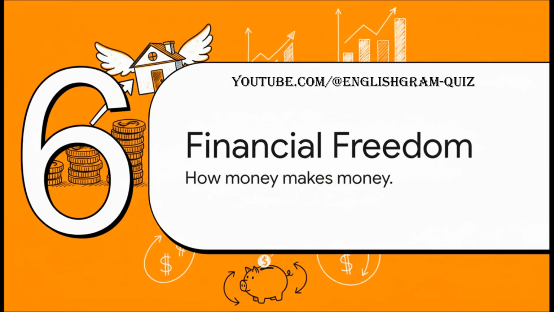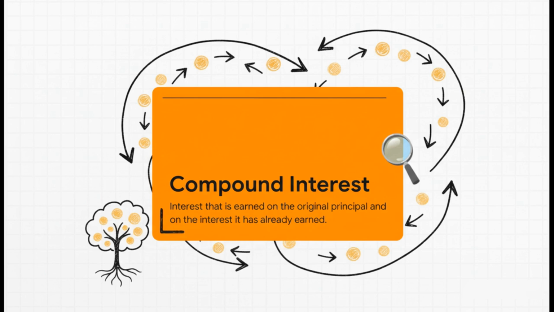And that brings us to the grand finale, and honestly, the most exciting part. Why are we even doing all this? The end game is financial freedom. So let's look at the concepts that explain how your money actually goes to work to make you more money. Seriously, if you only remember one thing from all this, make it this one: compound interest.